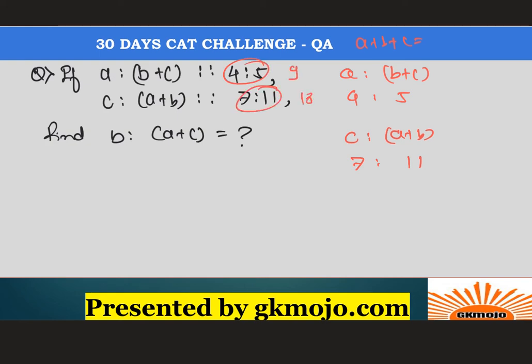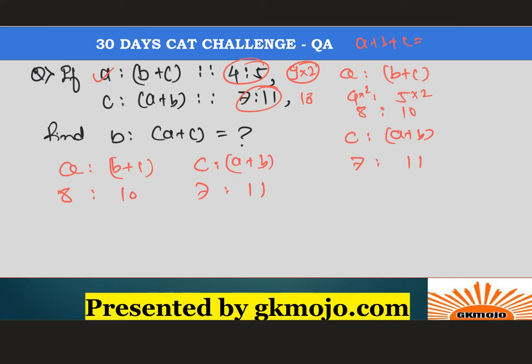9 and 18. Now luckily what happens is you can equate them by making it 18 also in the numerator. So when you do that, this would be multiplied by 2 and this would be multiplied by 2, right? So this would be 8 and this would be 10. This is the new ratio because we have made this also 18, right? So now what is the equation that you have? This is 8:10, right, for this, and for this as it is, it was 7:11.